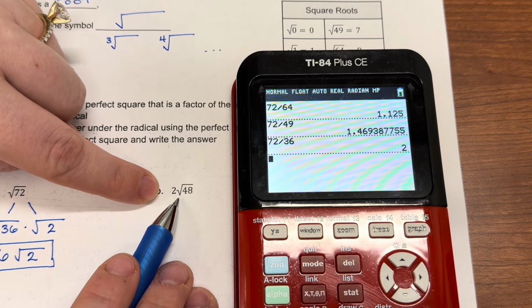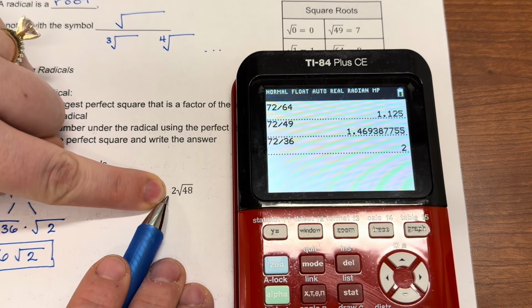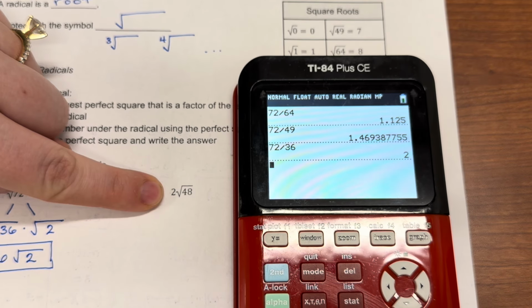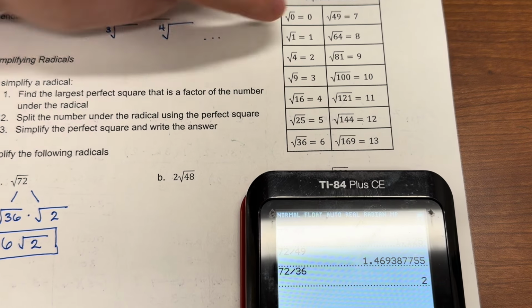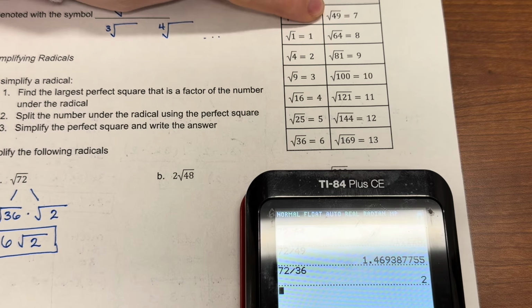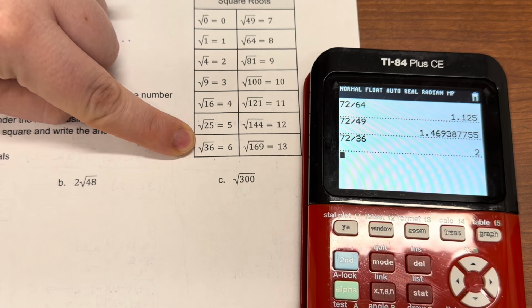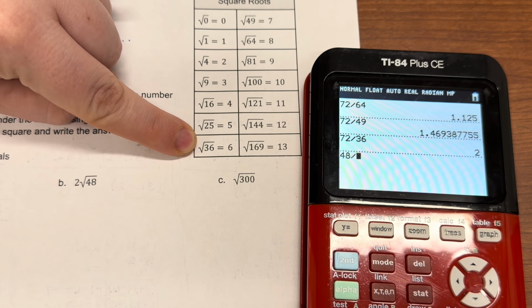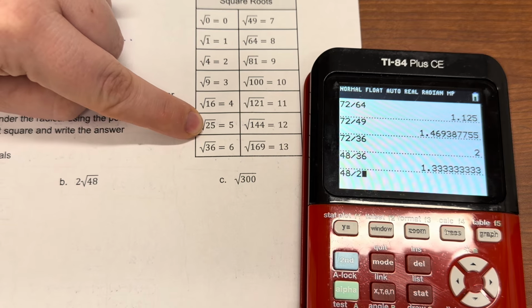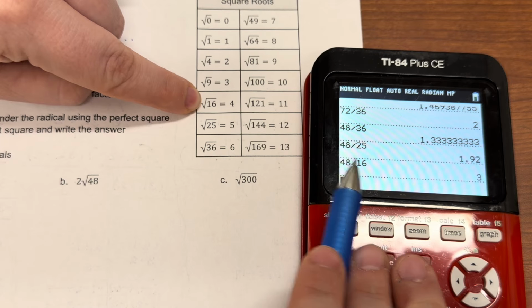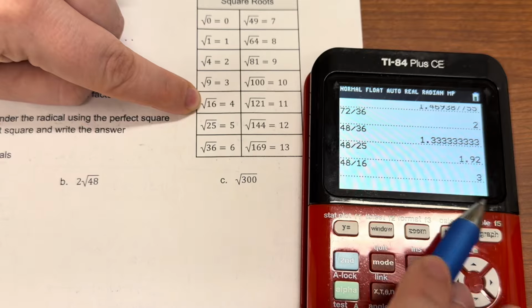So 2 times the square root of 48. This 2, we aren't going to deal with it yet. You'll see it doesn't really do too much here. 49 is bigger than 48, so we're going to go down to 36. Here we go. 48 divided by 36, not a whole number. 48 divided by 25, not a whole number. 48 divided by 16, now that's a whole number,